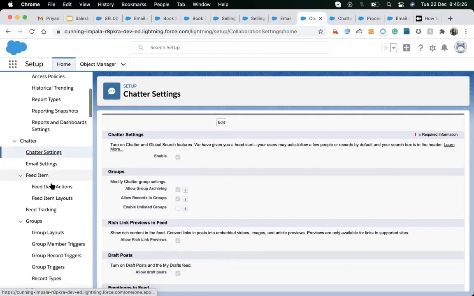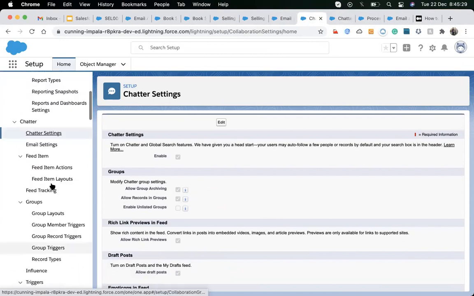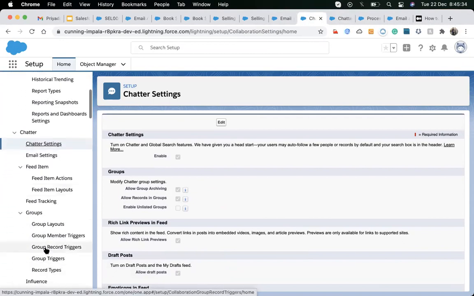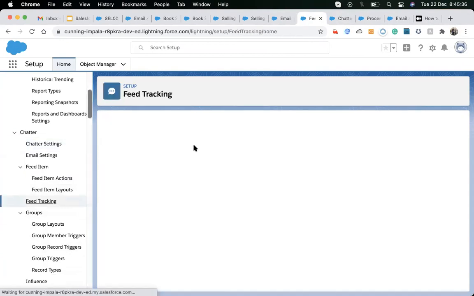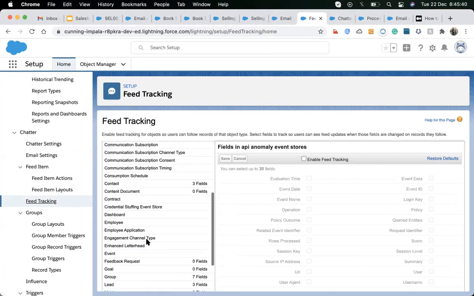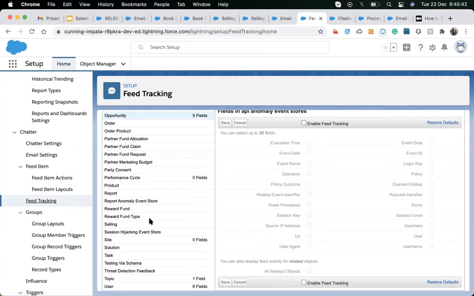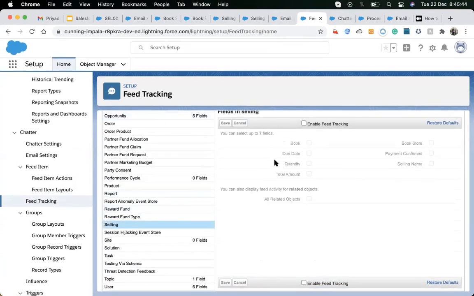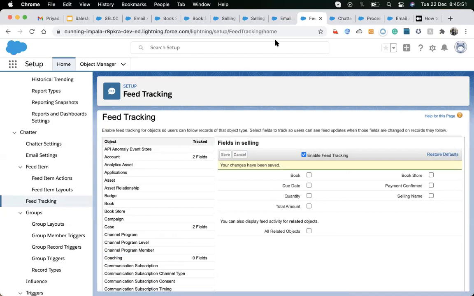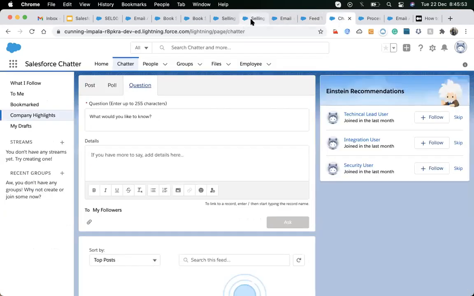It's enabled, and now feeds. Okay, I forgot this. Here I need to allow that where it's selling. I need to enable the feed tracking. Okay, save it. Now it's available up here.